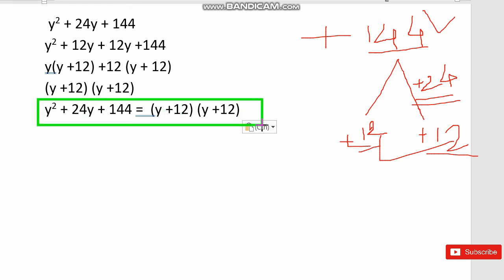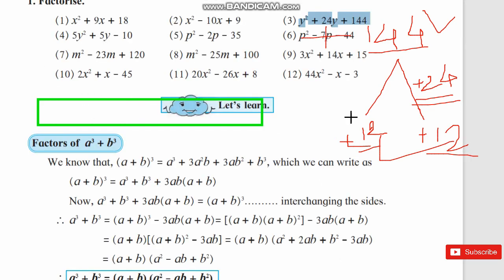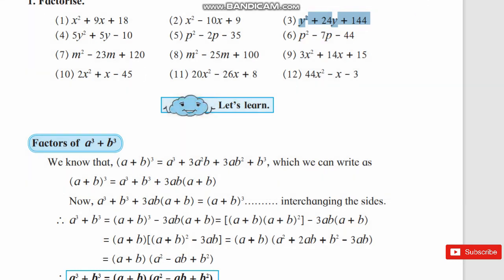So students, we just saw the factors of the given expression, and this expression is a quadratic expression. It means it has the index 2, the maximum power 2, y square plus 24y plus 144. So the answer is y plus 12 and in the second bracket y plus 12. So these are our factors. Let us see the next example also. We just erase the written. Now what we can take, 5y square. This type of example is also important: 5y square plus 5y minus 10. Just take this example on the word page.